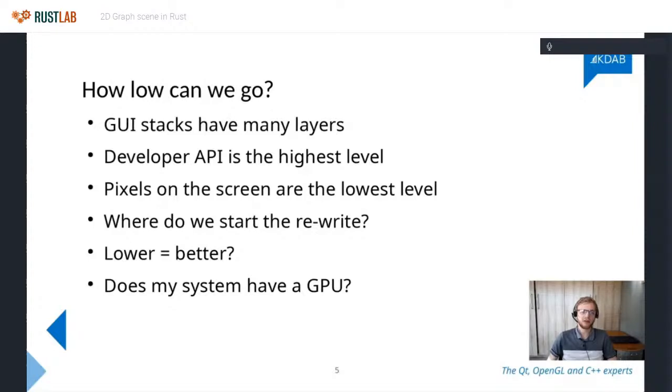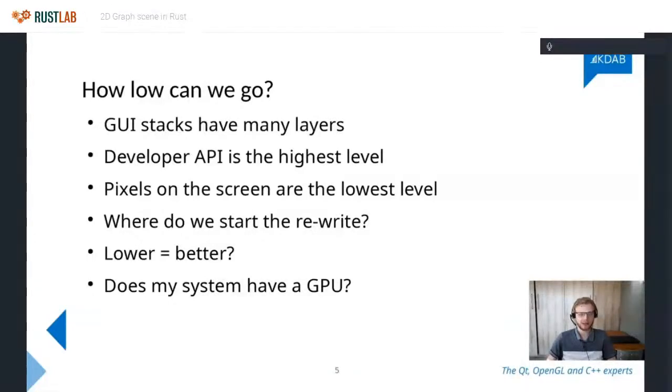So let's first just talk about, what is the GUI stack? And I think we can all agree that the topmost layer in the GUI stack is really going to be the API that you give to developers. Any higher than that, and you're kind of in a specific application. So that's not in the GUI stack anymore. That's really a specific application. And then I think we can all agree that the physical pixels on the screen are the lowest level. That's kind of the goal. You write your code in the API, and what you're expecting back is pixels on the screen. You don't necessarily care about what's in between.